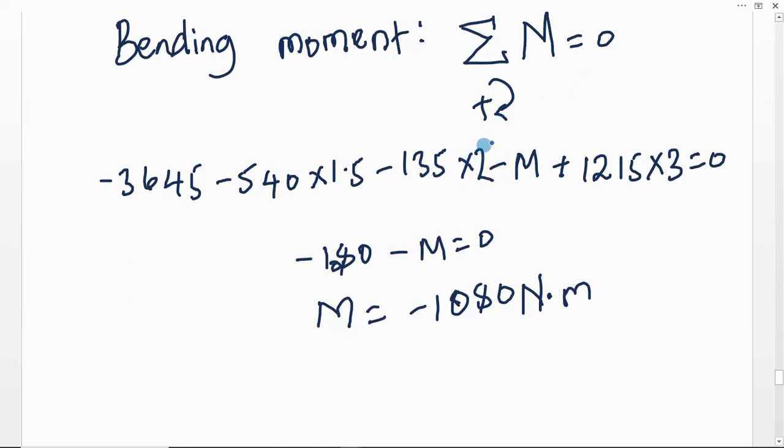So if we consider point C and take clockwise moments to be positive, then I have the reactionary moment, which is acting in an anti-clockwise direction, so I'll have negative 3645, then minus 540, which is also acting in an anti-clockwise direction at a distance of 1.5 meters from C, so it will be minus 540 times 1.5, then minus 135, which acts at a distance of 2 meters from point C, then minus that moment M, which is also in an anti-clockwise direction, then plus the 1215, which is the reaction at point A,